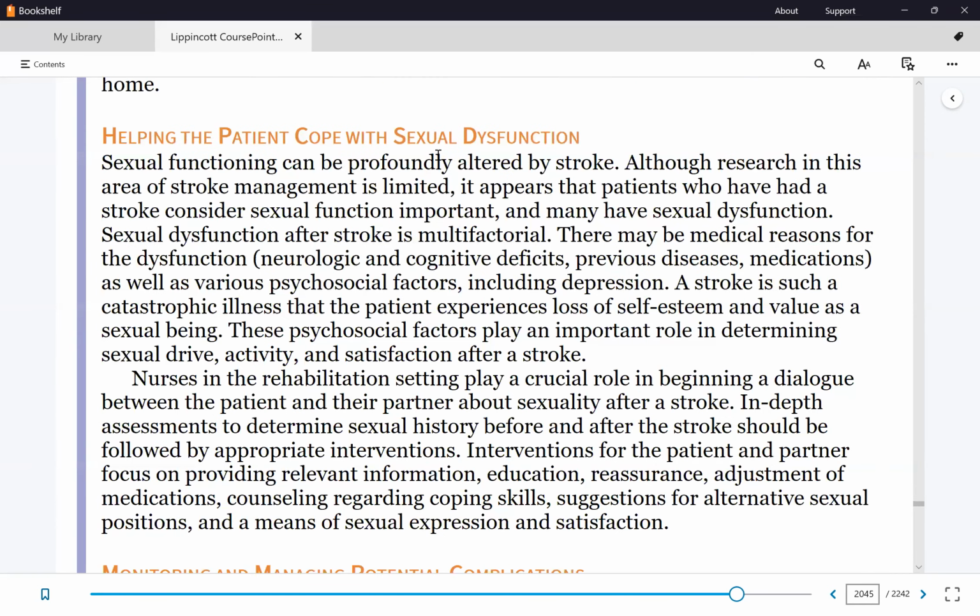Sexual dysfunction. Think of a young patient. How's he gonna perform his marital obligations now? And yeah, and then look at the spouse now. What will the spouse do also? I don't want to be